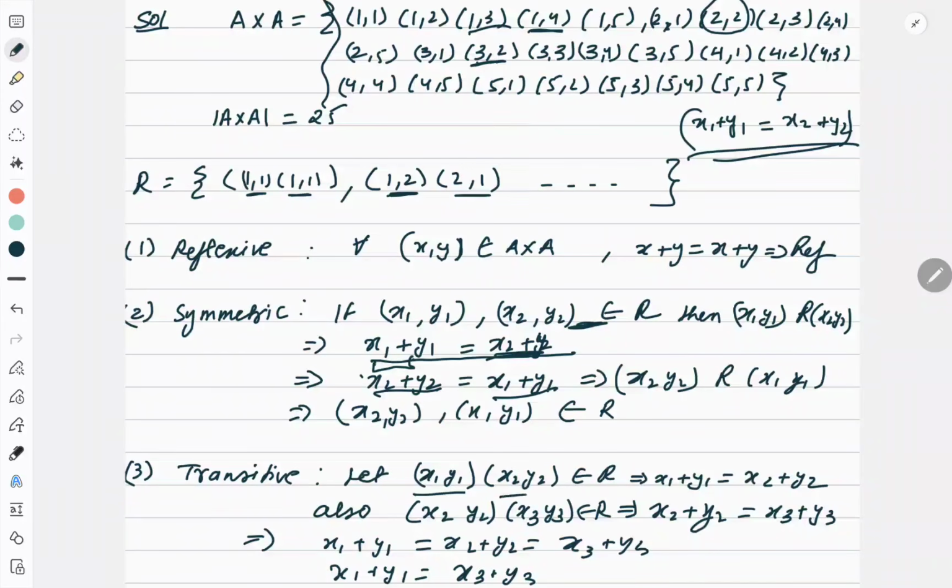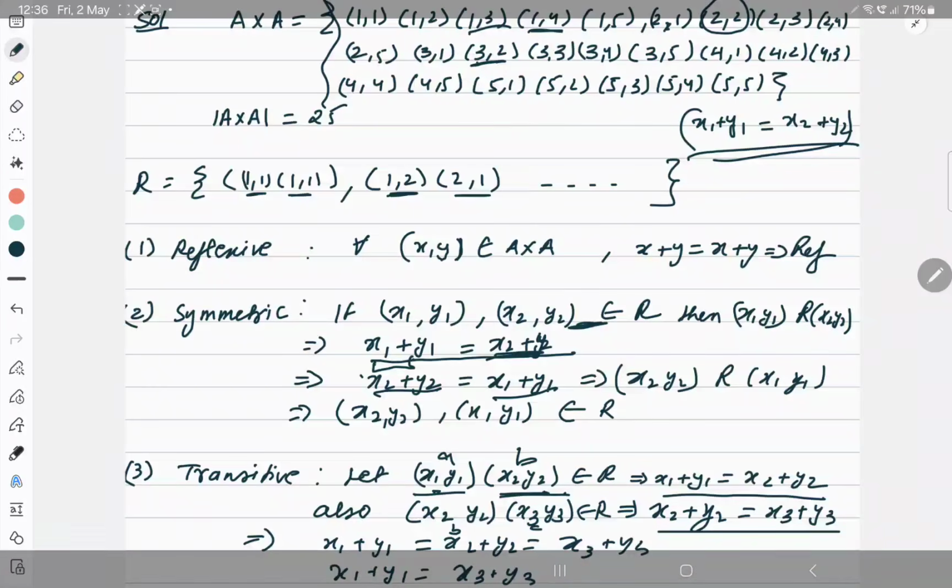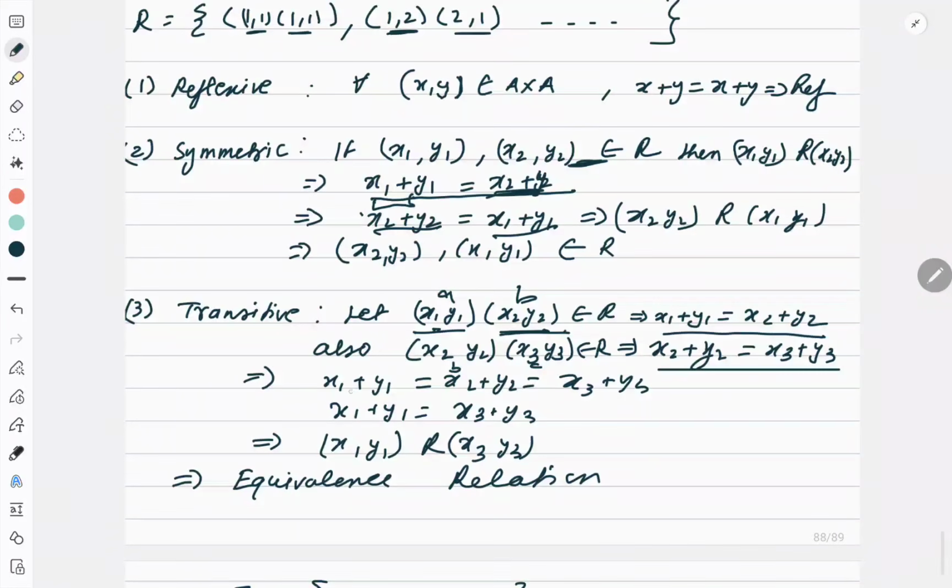So this is one number, this is another number. This is one number, this is another number. So for this I have this relation. Same way I should take A is related to B, so this is A and this is B. Now B is related to C, so this is B and this is C. So for this I have written the relation. My target will be to combine A and C. So if you see this, x1 plus y1 is equal to x2 plus y2, but x2 plus y2 is x3 plus y3. So I can replace like this. So this gives me what? That x1 comma y1 is related to x3 comma y3. So it is an equivalence relation.